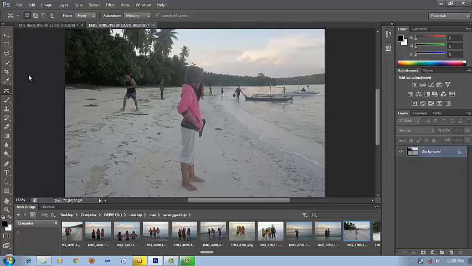Select the part that you want to move, like this. Do it carefully.